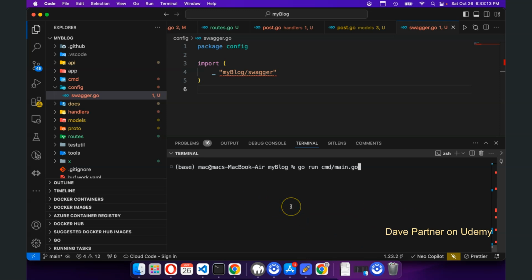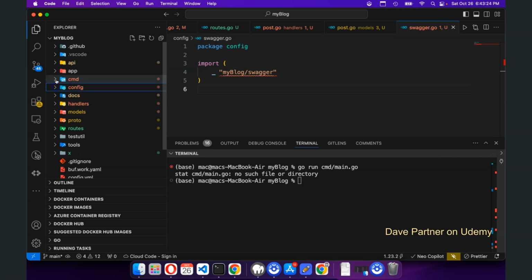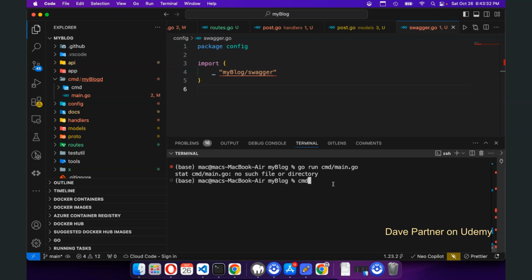Okay. Hit enter. No such file or directory. We have cmd/main.go. Oh, there are two cmds here. Okay. Cmd, yeah, cmd/myblog. Okay, I got it. We have this. go run cmd/myblog/main.go,